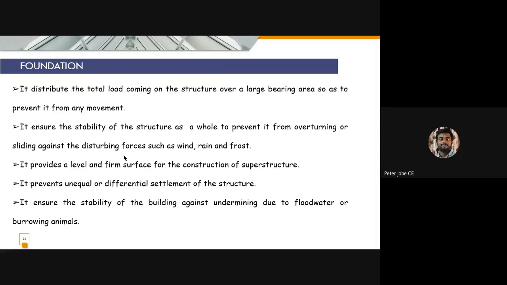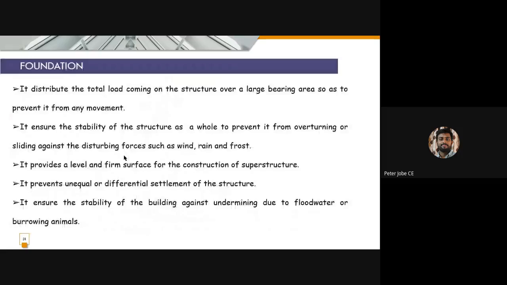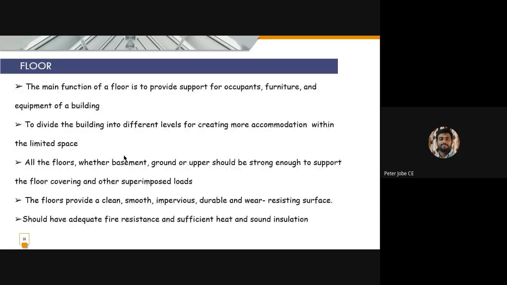So about foundation, we had a quick look at foundation, plinth, floor. We have finished up to floor, and we discussed the main functions of a floor. We'll just look into that again. The main function of a floor is to provide support for occupants, furniture, and the equipment of a building, and to divide the building into different levels for creating more accommodation within the limited space. All the floors, whether basement, ground, or upper, should be strong enough to support the floor covering and other superimposed loads. The floors provide a clean, smooth, impervious, durable, and wear-resisting surface, should have adequate fire resistance and sufficient heat